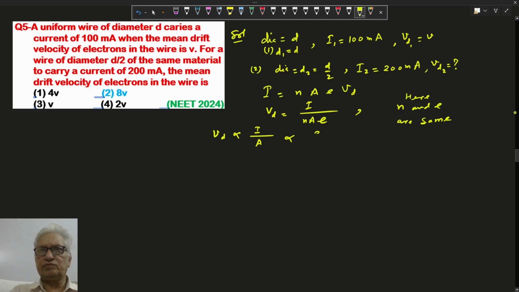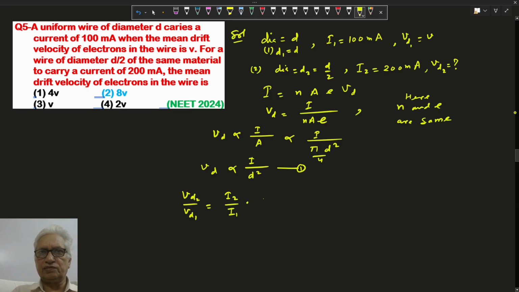A can be written as the area, pi d square by 4. Finally, it is inversely proportional to I upon d square. So Vd for 2 and Vd for 1 are directly proportional to I2. So we can write I2 upon I1